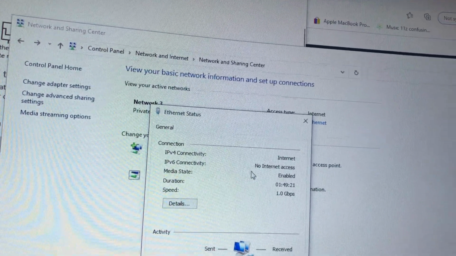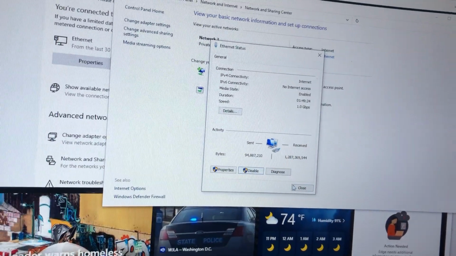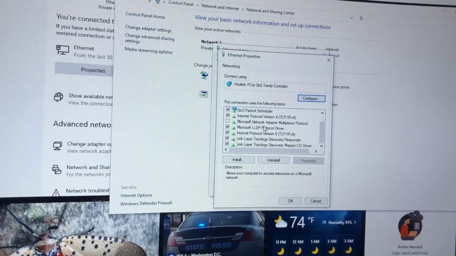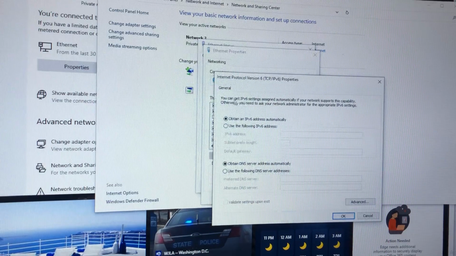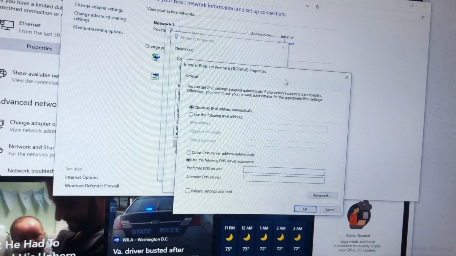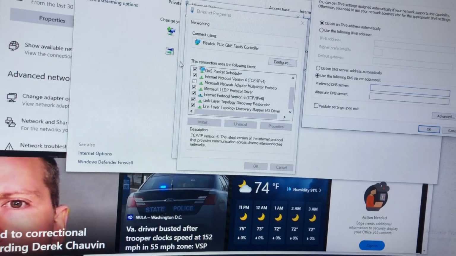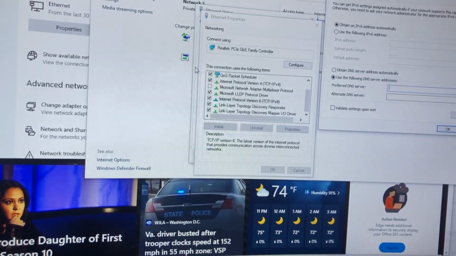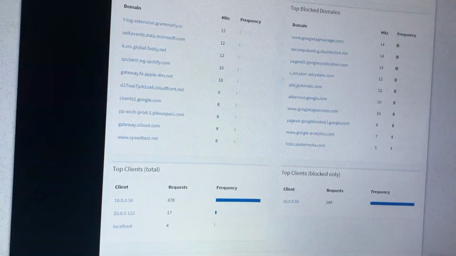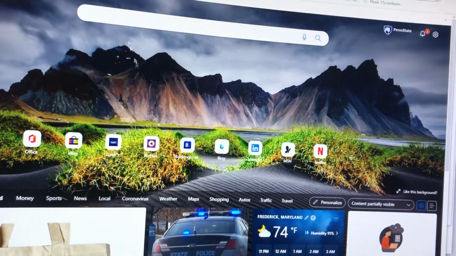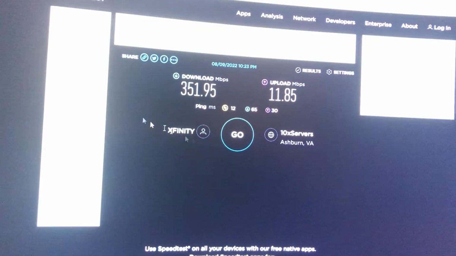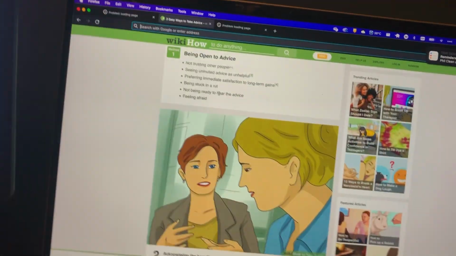IPv6, no internet access. Oh, how interesting. What that likely means is properties. I might not have provided an IP address or a DNS address for that. You can take care of that later though. However, going back into Edge here, going back into speed tests, there's still ads. Don't worry, I prepared for this